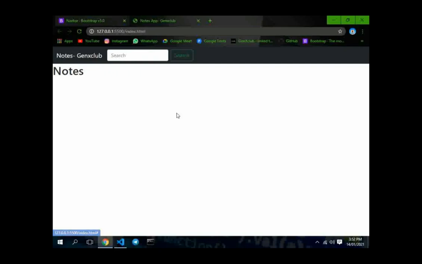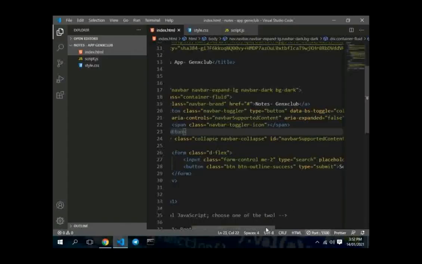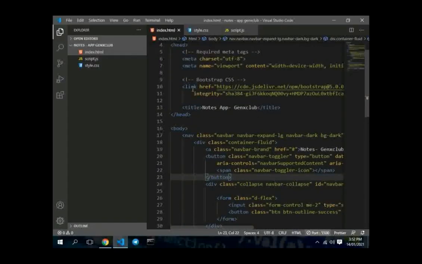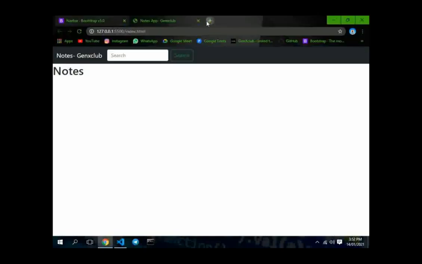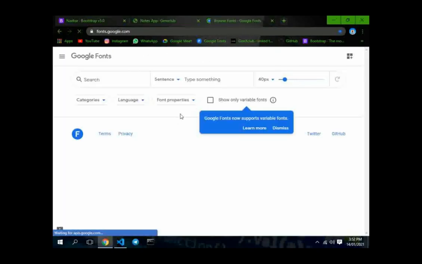You can see it's looking nice. Now we can style the h1 with our style.css. Let's just link the style.css with our HTML file. Yeah, that's nice. Okay, and we will pick up a font from Google Fonts. Just open fonts.google.com